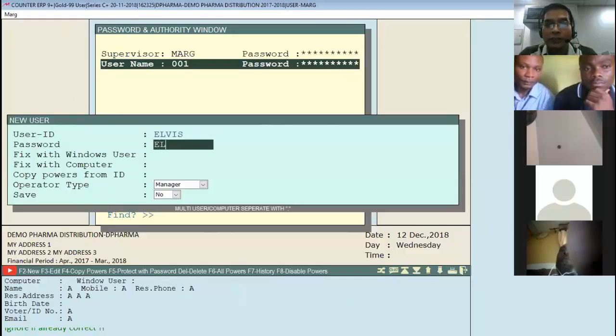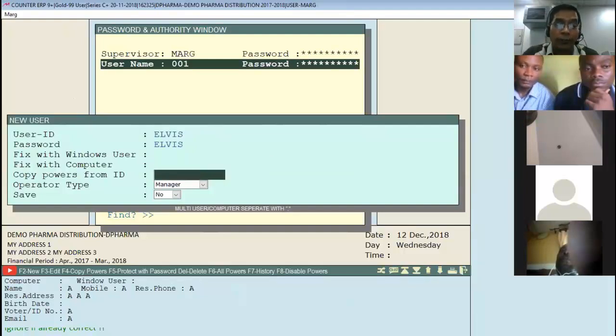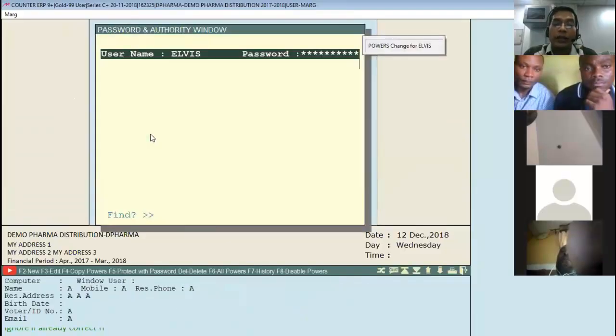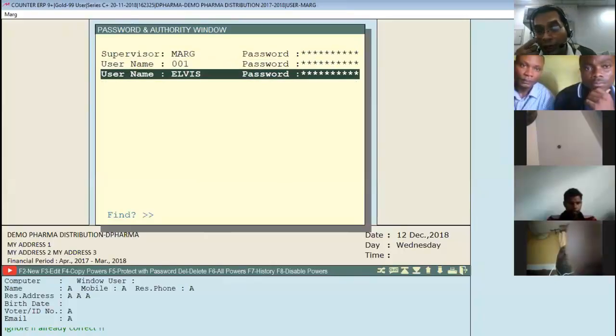Password also Elvis. Now we can also fix that user for Windows, for computer. We can set whether it is operator or admin or manager. We put here operator. Now we save it. Look at that. We got a new user called Elvis.